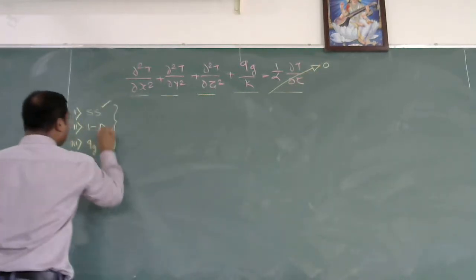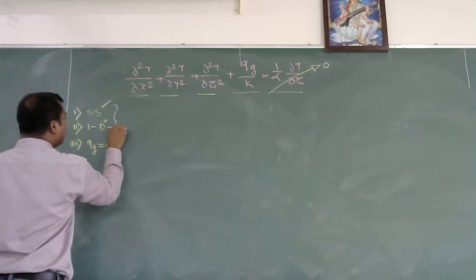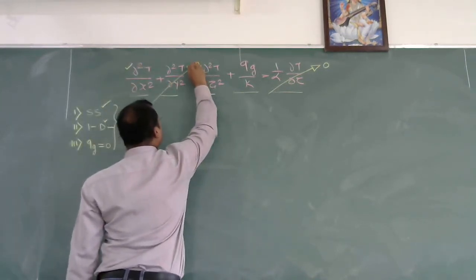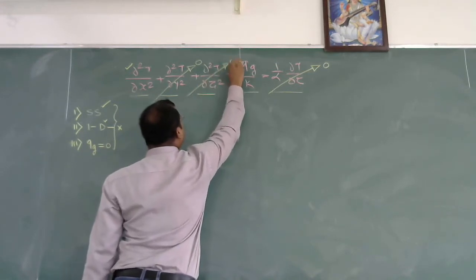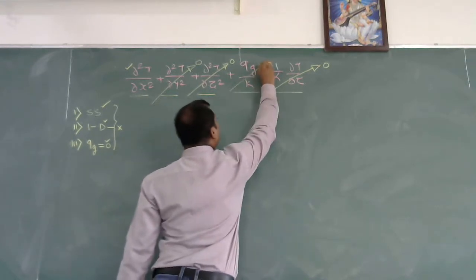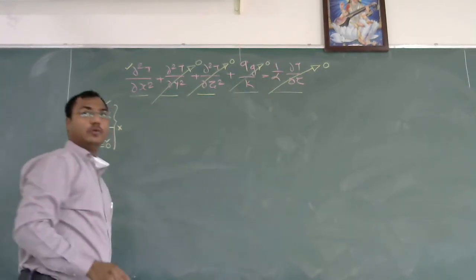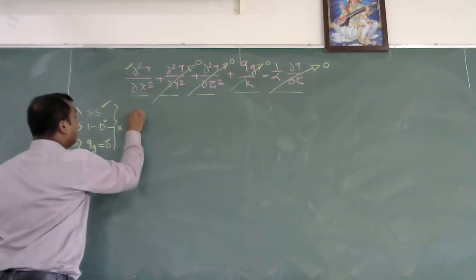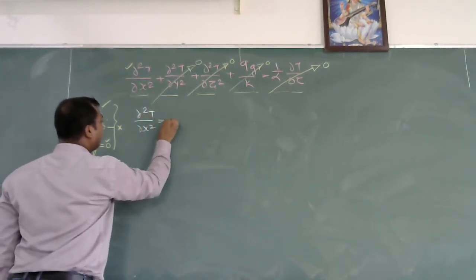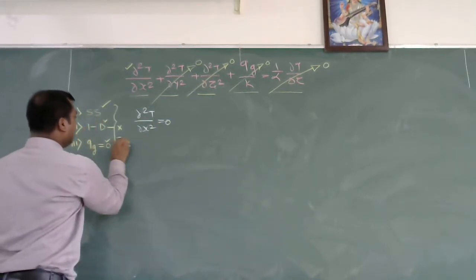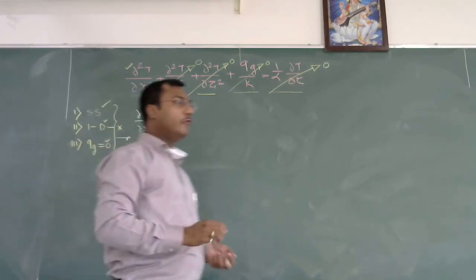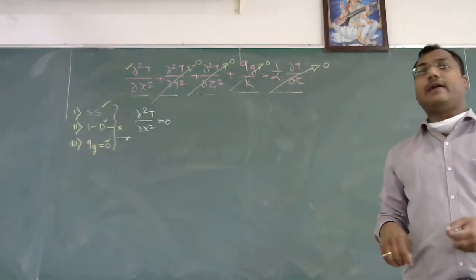If I consider this is one dimensional, there will be only x direction. The y direction heat transfer will be 0, and the z direction heat transfer will be equal to 0. If there is no internal heat generation, then I need to put Qg by k is equal to 0. Now, the equation reduces to del 2T by del x squared is equal to 0. And this becomes the equation for this condition.